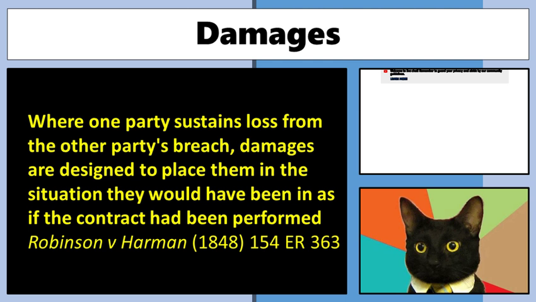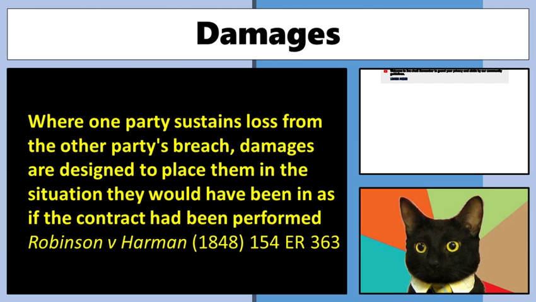You are not, and this is a fundamental rule, putting people back to where they were. All right? In contract law, you are kind of still compensating them, but you're compensating for the loss of the bargain. When they entered into a contract, they had their particular reasons for doing it, and you had your reasons for doing it. If you choose not to live up to your side of the bargain, you must put the other side in the position that they would have been in if you did what you said you were going to do. All right? That is the starting point with damages in contract law.